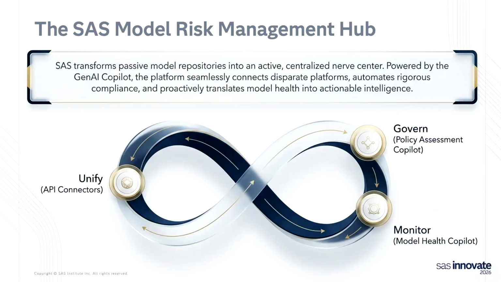So SAS Model Risk Management is essentially a kind of nervous system of the model risk management problem, where we are combining all of these different aspects. It tracks the entire life cycle of the model, from inception all the way to production, finally into retirement. Now, to make this useful, you can't just sit at the center and ask everyone to load the model into your system. So you have to be able to go and grab the models wherever they live.